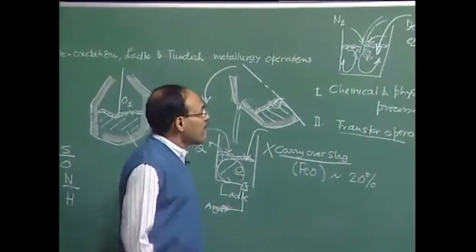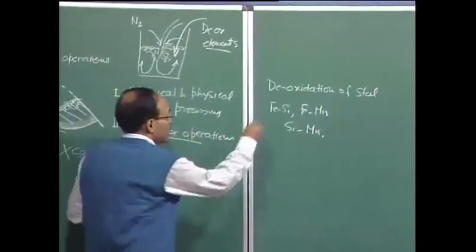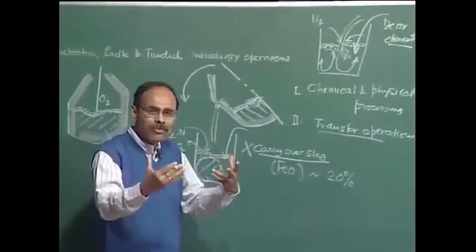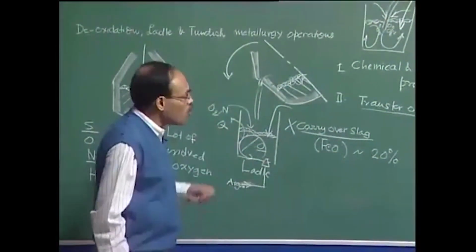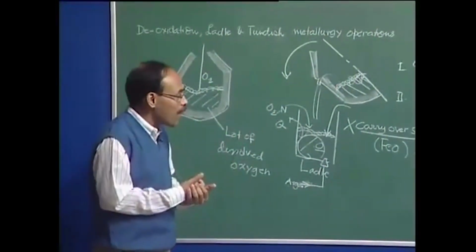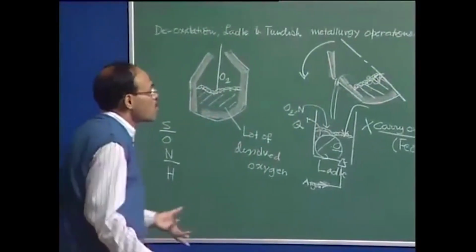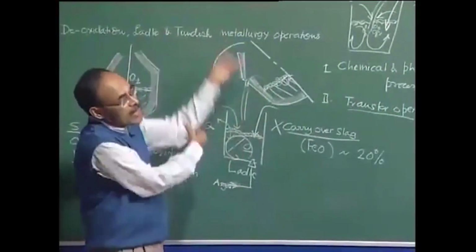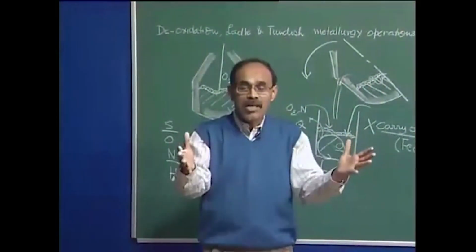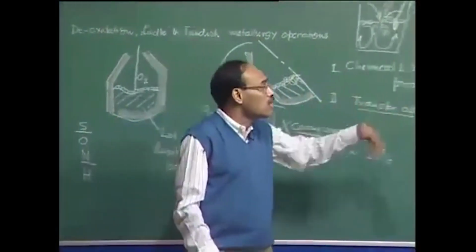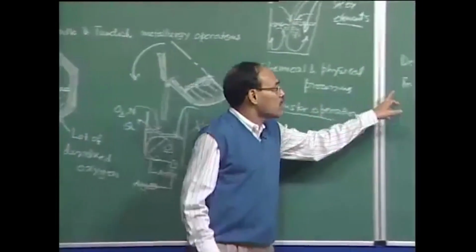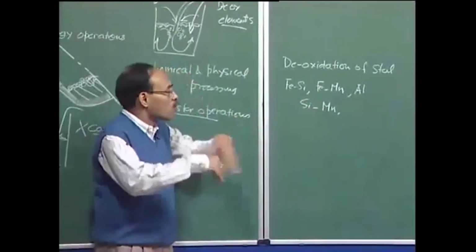So aluminum, ferrosilicon, ferromanganese, silicomanganese are commonly added deoxidizers in the steel bath, and these additions, including aluminum, can be made in lump forms, as solids, or in powdered forms. If you take powder forms or small particle sizes, their melting and dissolution is going to be very rapid because of the larger surface area. So as the bath is being filled up, we can keep on adding. Typically, in a steel plant, you will see gunny bags filled with ferrosilicon, ferromanganese, etc., being continuously dumped into the ladle, and these don't have too large a melting point, so they melt and dissolve